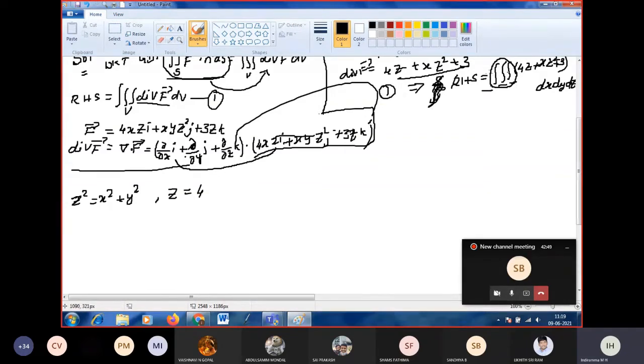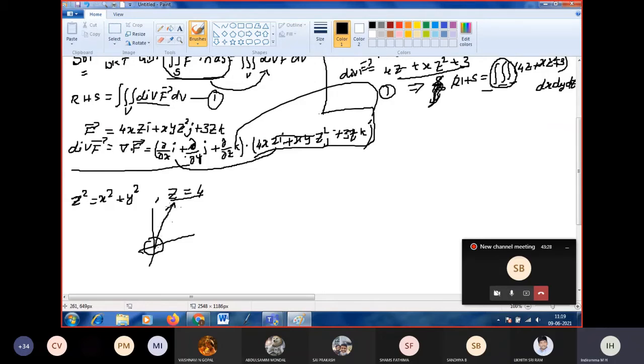So for that, here what they are given. In the xy plane, the plane z is given. It is actually a three-dimensional figure, so the cone you have to imagine. So z equal to 4 is the plane, above the xy plane. So z varies from the xy plane, you have to imagine in 3 dimensions, up to z equal to 4.